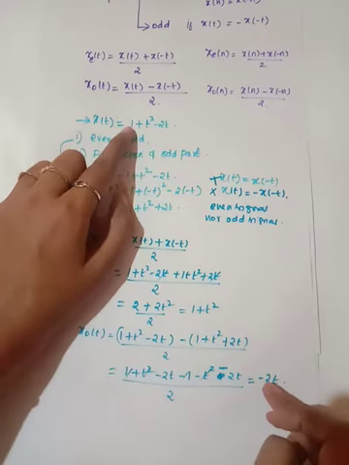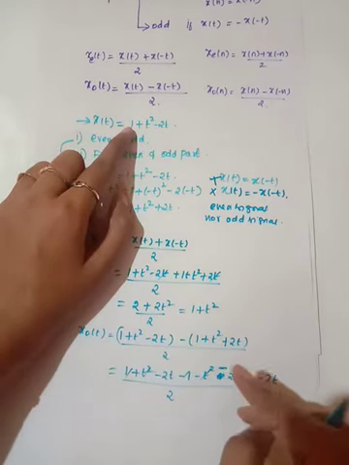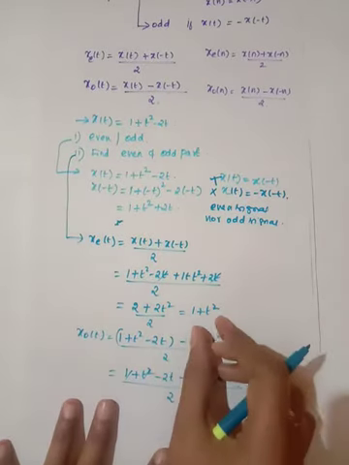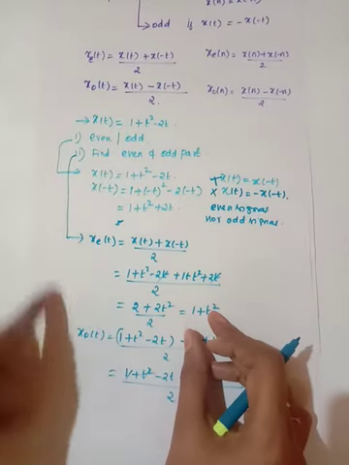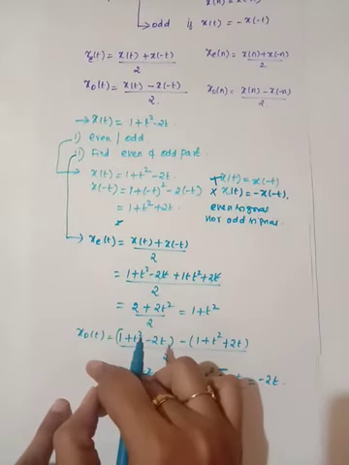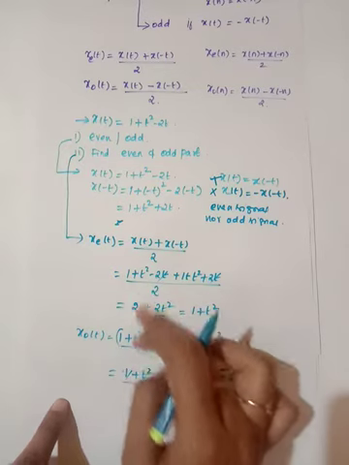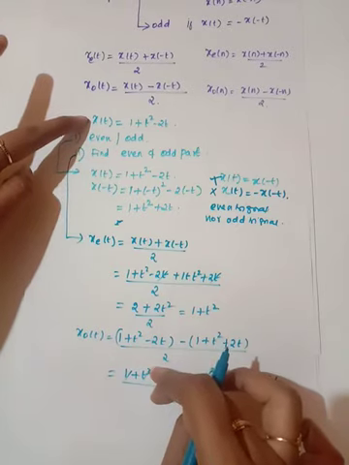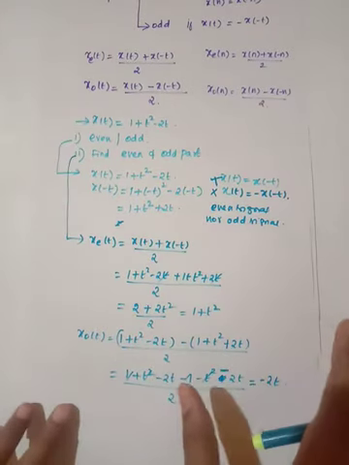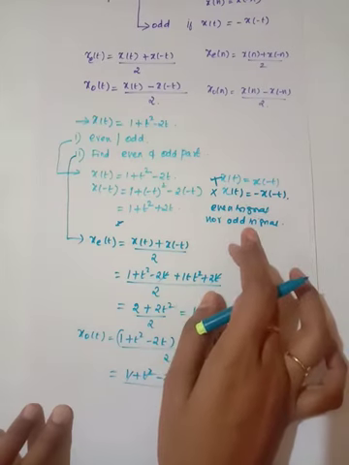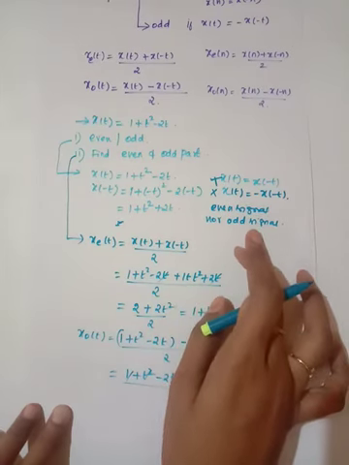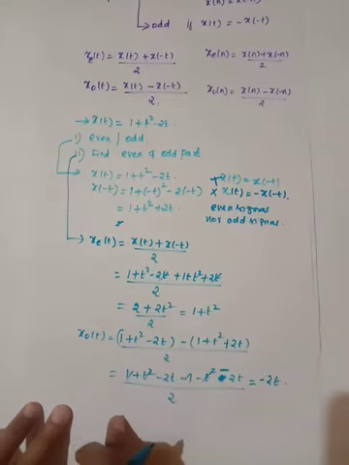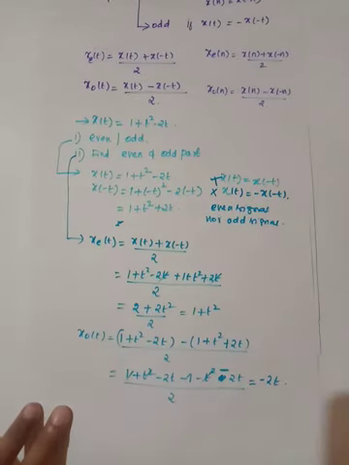So what is the meaning? Any signal consists of an even part and an odd part. If a signal is given, you can find the even part and odd part of the signal. Otherwise, if you know the even part and the odd part of the signal, we can add them and find out the original signal. So this is the concept behind this. The first thing we have to find out is whether the signal is even or odd. Next, we have to find out the odd and even part of the signal.